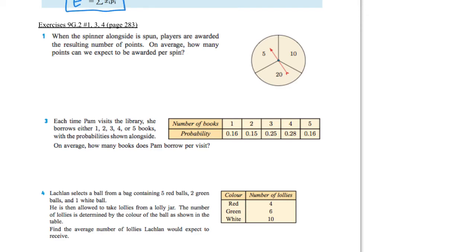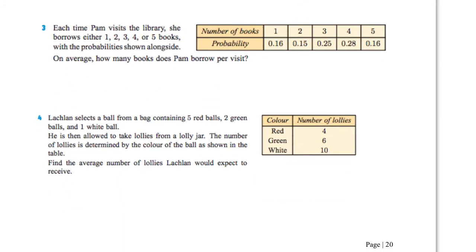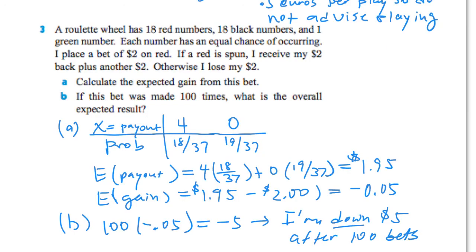Okay, let's do some model problems for this. First, we have a spinner alongside. If we spin it and we get awarded the resulting points, on average, how many points would we be awarded per spin? So if we write this notation now in a summation symbol, the sum of x sub i p sub i. Clearly it's a spinner where each number would have